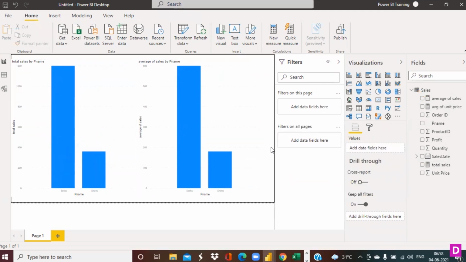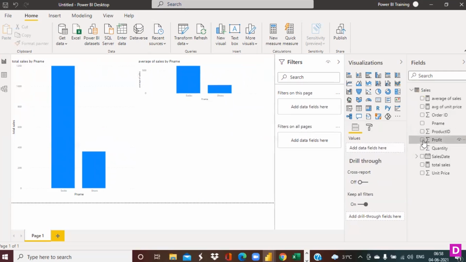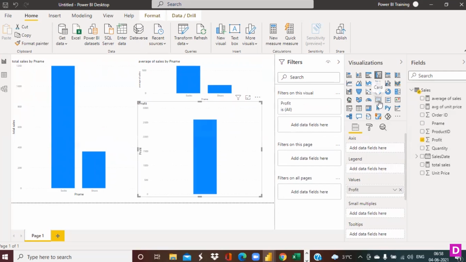These are seriously very, very important functions, because they allow us to use the aggregators in the context that we want, to apply expressions of what we want. I'll give you some assignments here to calculate the total profit. We have a profit sum here, but that will show me the total profit. If I just select profit here, and convert it into a card,